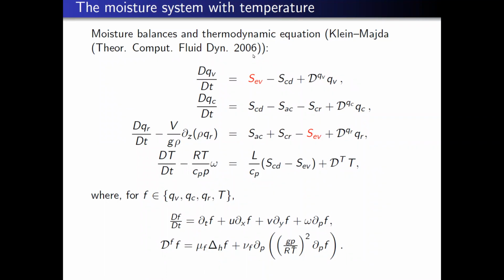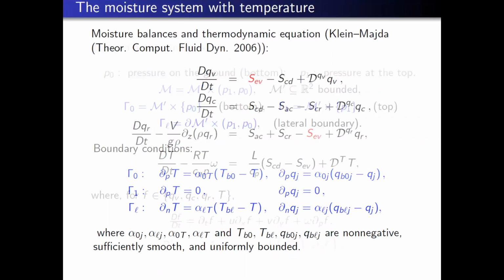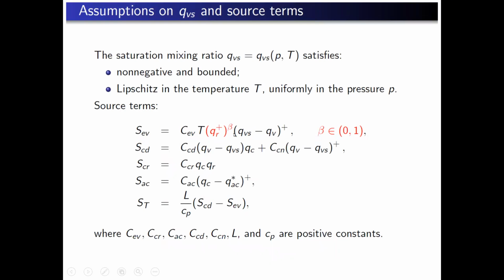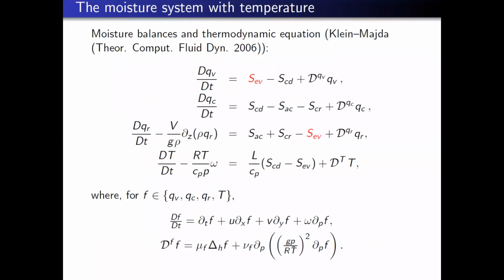Can I show well-posedness for this sort of reaction diffusion system? It's not really traditional, because there is this switch function, the plus part. It's not exactly reaction diffusion because it has these particular terms. Notice in particular this term, which is Q plus to the power beta, with beta between 0 and 1, and this is causing a problem because it's not Lipschitz, to show the uniqueness and so on and so forth. So this is not really a straightforward reaction diffusion system.